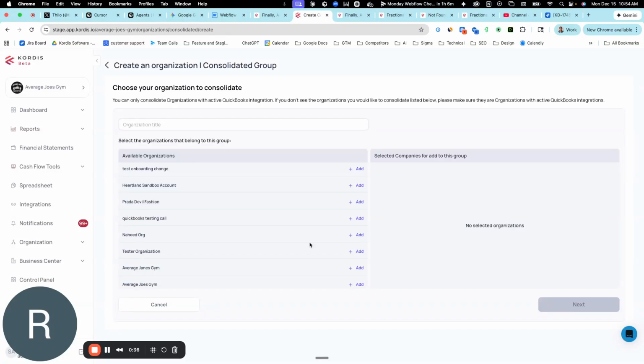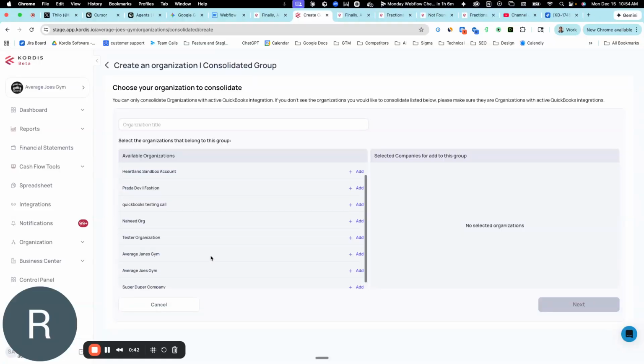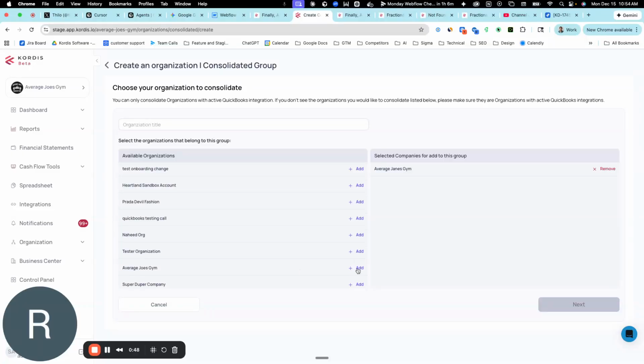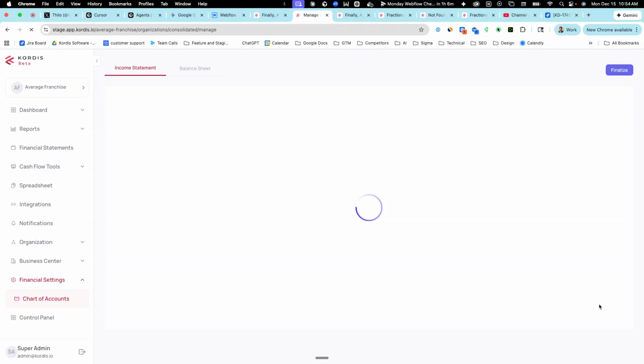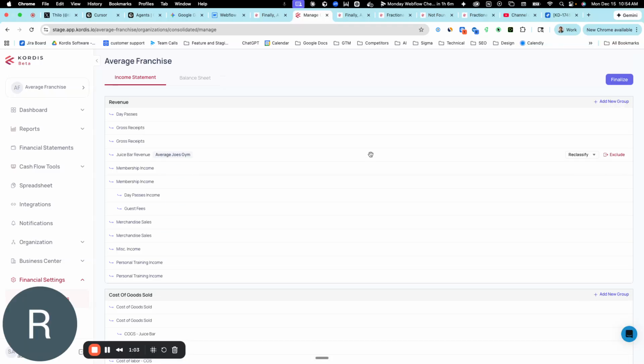Once you're done with that, you're then going to head over to this pane and you should see your organization set up. So we're going to use Average Jane's Gym and Average Joe's Gym as the example, and we're going to call it Average Franchise. Once we do that, we're going to consolidate the information on our back end, and you'll be taken to this